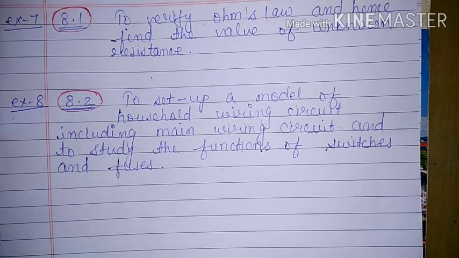Next point is, in some experiments the theory or procedure is given very lengthy, so we have to make it short according to our common sense. That means it must include the important points. If something is given in 4, 5, 6 sentences, we can make it into 2 or 1 simple sentence. Like that we have to make the theory and procedure short. And the next thing is precautions. That means minimum 3 precautions we have to write down. Somewhere it's possible that 5, 6, 7, 8 precautions are given. We have to write down only 3 of them.